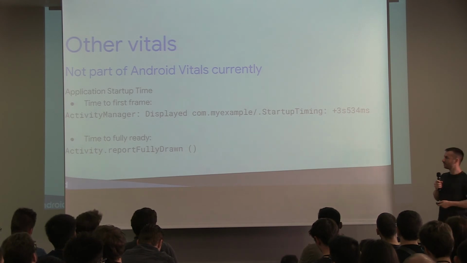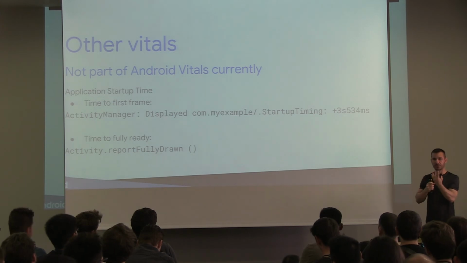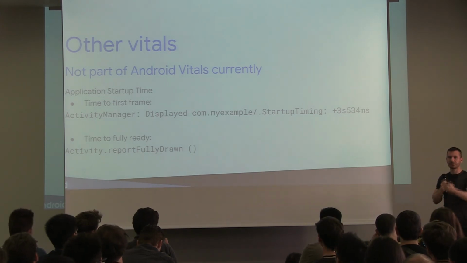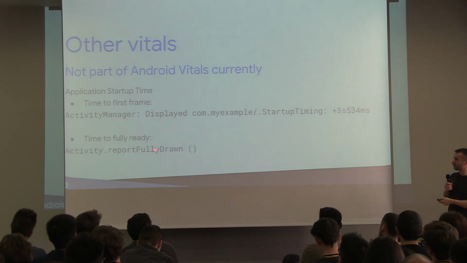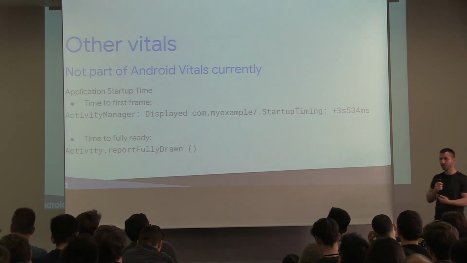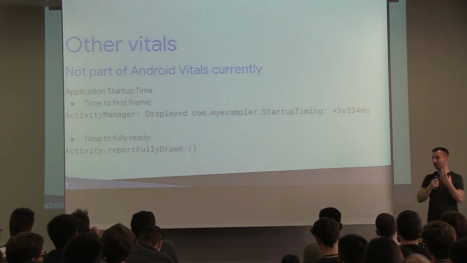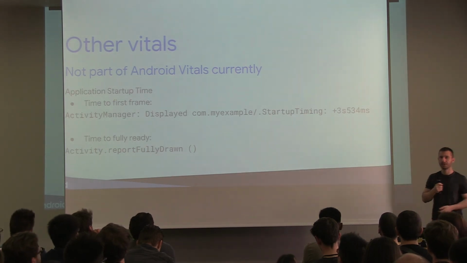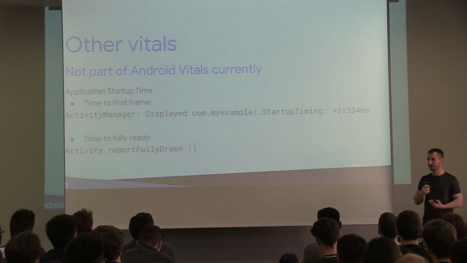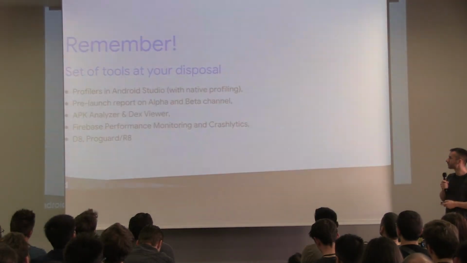And if you're loading a lot of stuff asynchronously, so let's say this time is really low because the UI shows very quickly, but my list view with, whatever, a list of articles is empty because I'm still hitting the network and reading them or reading from a database. You can actually report from the activity, call this method, and report why it's fully drawn. So once I actually finish loading asynchronously my content, I do this, and I will see a similar log telling me when my app actually finished loading and is shown. And then you can think about ways to reduce it.